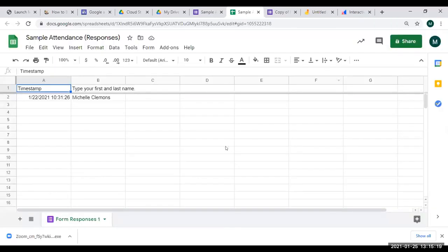So is there a way to prohibit students from entering another student's name? Or if they have Google accounts, which not all the schools do, but if they have a school Google account, to prohibit it so that they can only enter their names once? Yes, so you can make it,